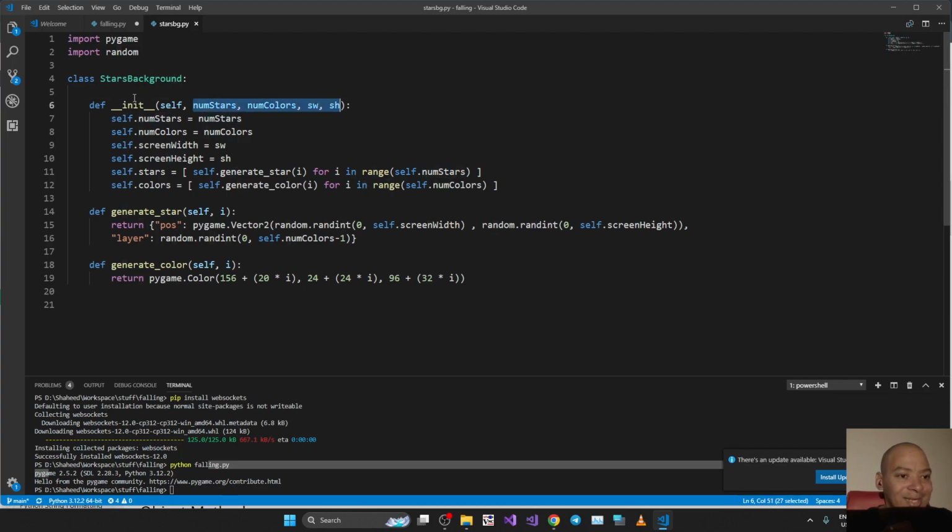Over here we call it the underscore, which I think in Python speak is called dunder. So we'd say dunder init, right? Double underscore dunder init represents the constructor, which you'd find in other languages. So in the constructor we just take the number of stars and number of colors. This is configurable from externally, and then the actual screen width and height, which again, as you would recall